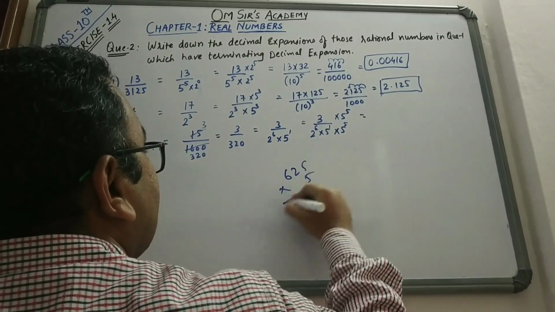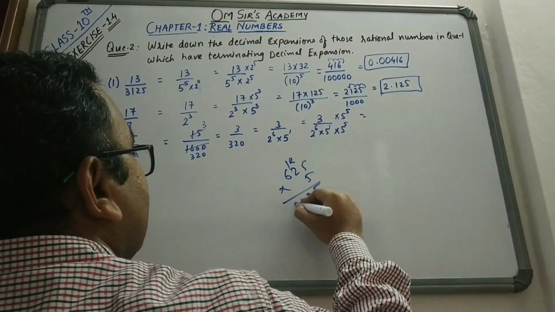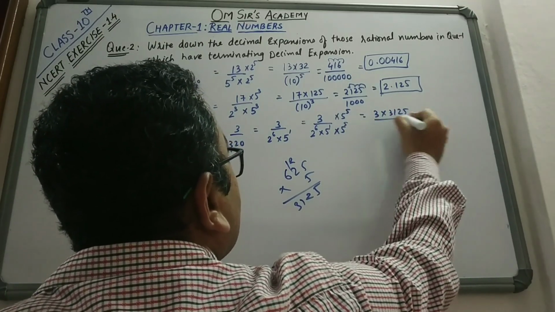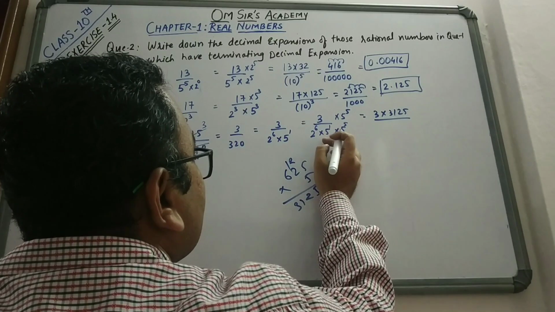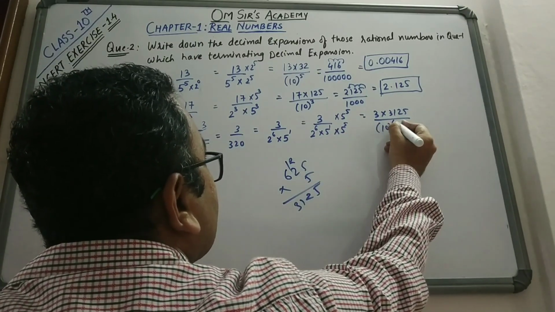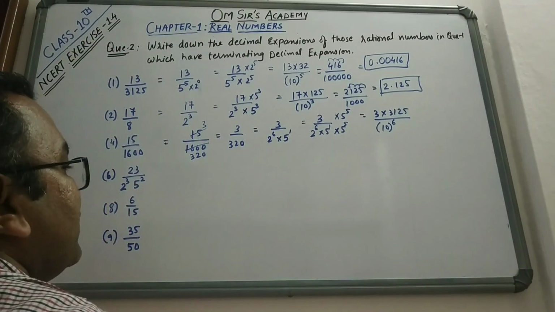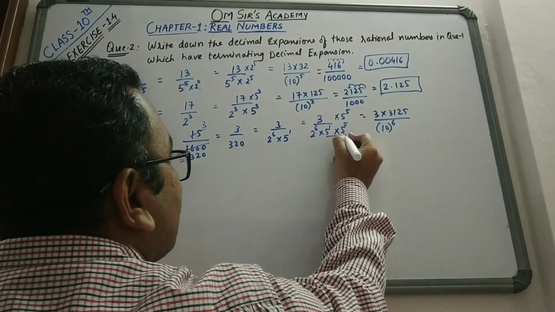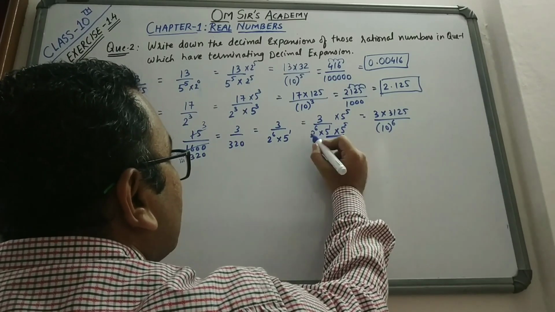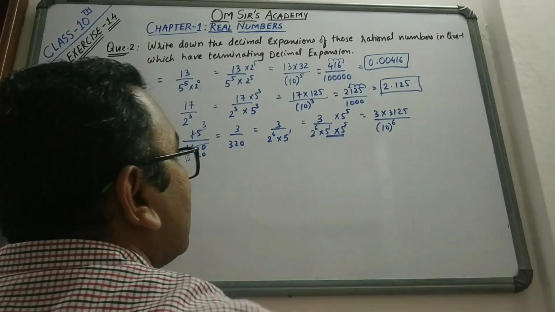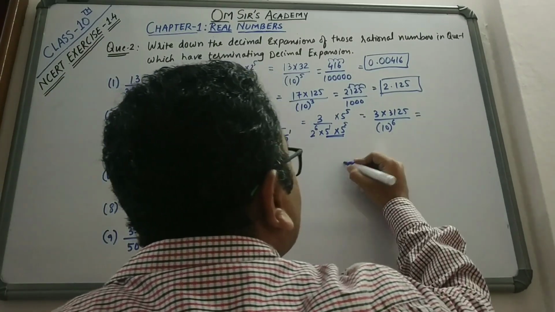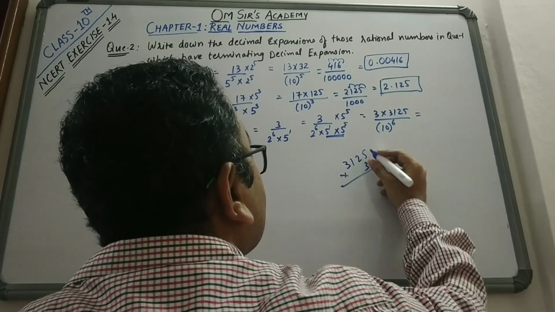Okay, 625 5s are what? 3125. So 3125 into 3. So 3 into 3125 upon this will be 2 raised to 6 into 5 raised to 6. So that is 2 into 5 is what? 10 raised to 6. Because the powers of both are added, 1 plus 5 it will become 6. So 2 raised to 6 into 5 raised to 6 is 10 raised to 6. So in this case 3125 into 3 is what?